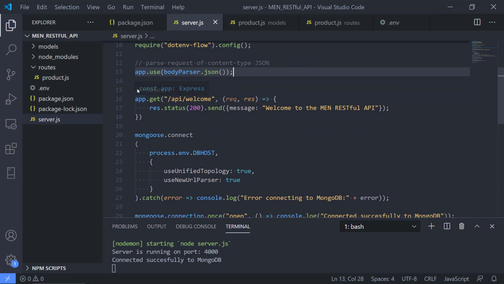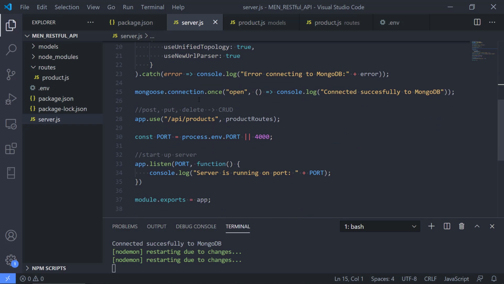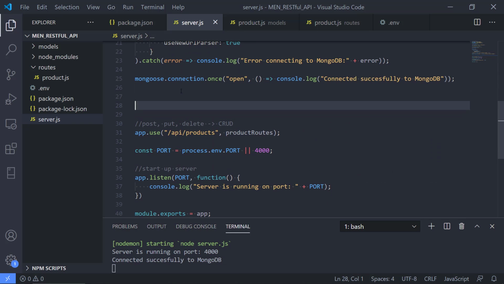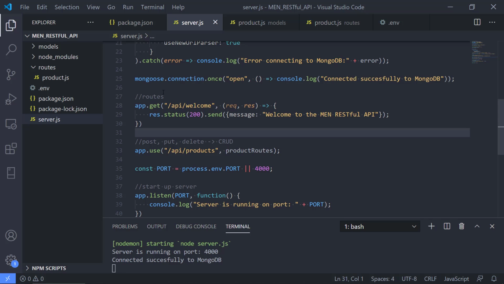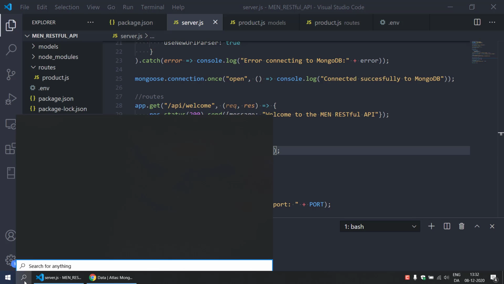And maybe another thing, optimization-wise, could be that we should probably take the welcome route that we did earlier and just put it down with the other routes we have just here. So we have our welcome route, and we have the CRUD routes that we have in our product.js file. Okay, so Nodemon is happy right now, and let's go launch Postman